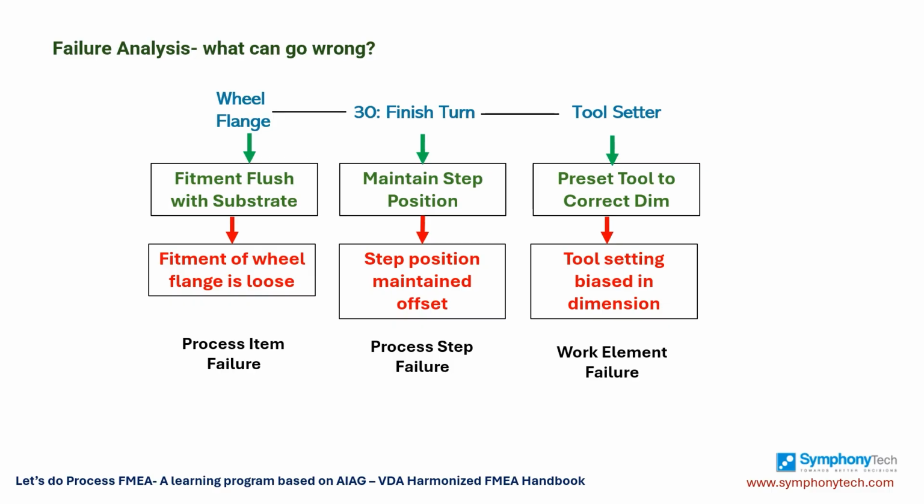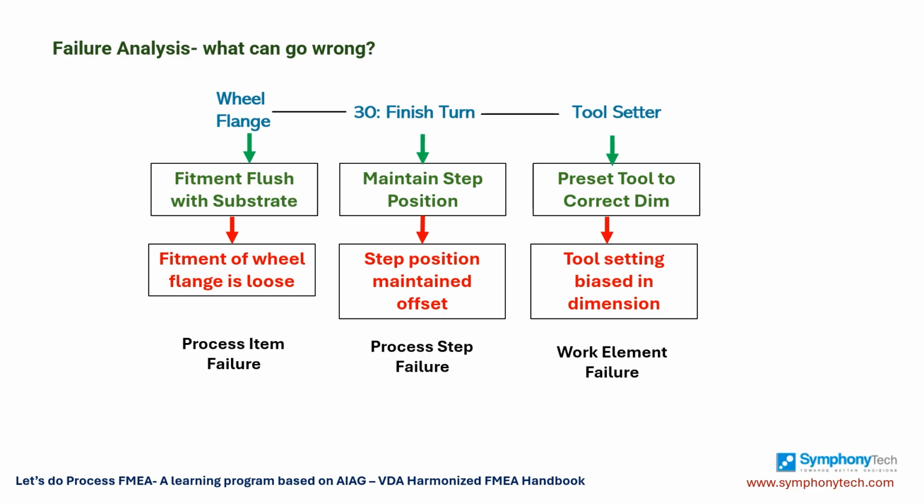We have already identified the functions of the process items, process steps, and process work elements. Now we will look at how these functions can fail. Just like one structure can have many functions, each function can also fail in many different ways. Our job is to list the possible ways each function might go wrong. The different ways a function can go wrong are called failures. Now we will match each function of the process items, process steps, and process work elements with the failures that